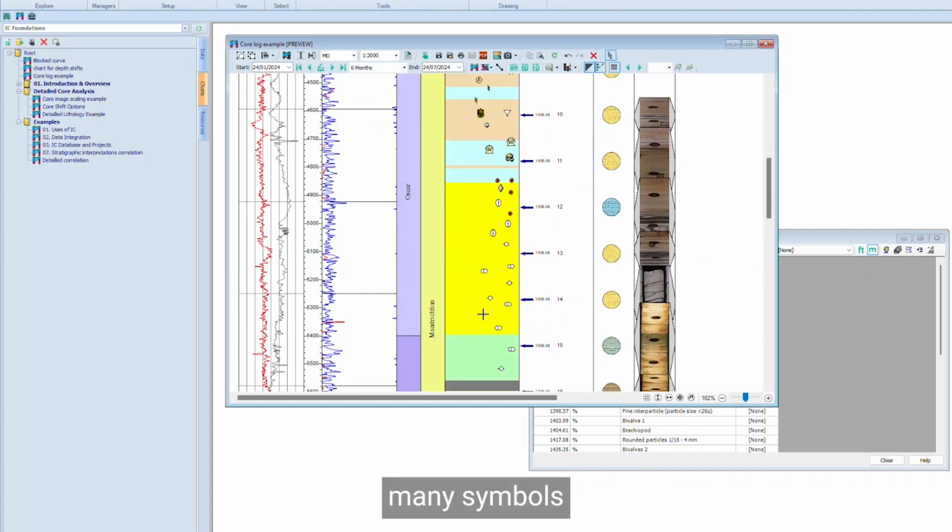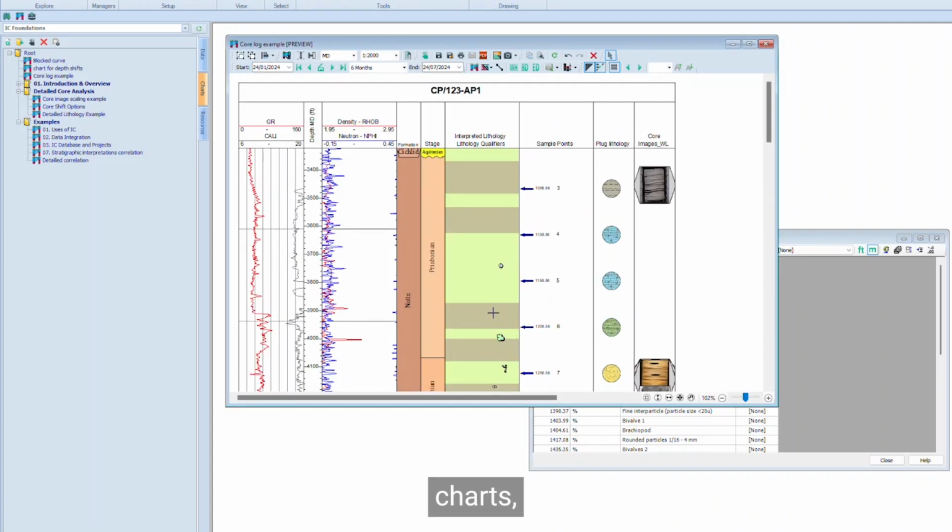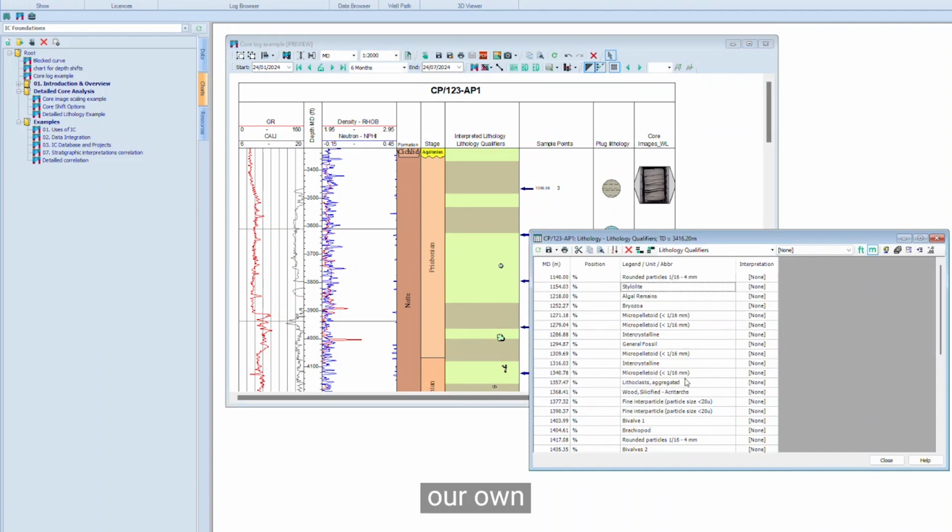Dictionaries come with many symbols that we can use in our charts, but on occasion we might want to create our own symbols. In this case I've added stylolite, which I want to appear on my data panel. I come to my Graphic Dictionary,